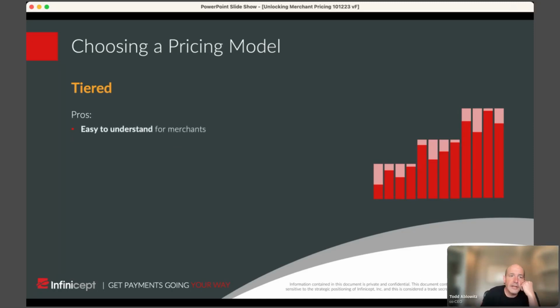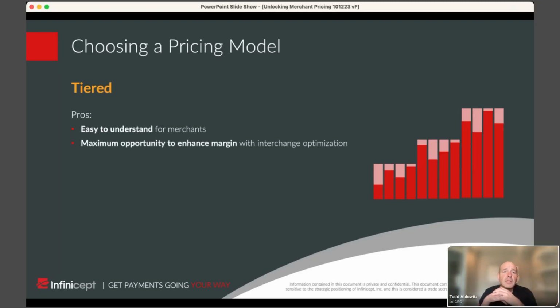Not always, but usually. And so the positives of tiered pricing is merchants can understand it. They may not easily understand why they're paying mid or non, but that's really the job of the entity selling and servicing the merchant to explain what mid-qualified means and how they interpret it, to explain how non-qualified is interpreted and what that means. There is an opportunity to enhance margin, and this is where you'll see tiered pricing get